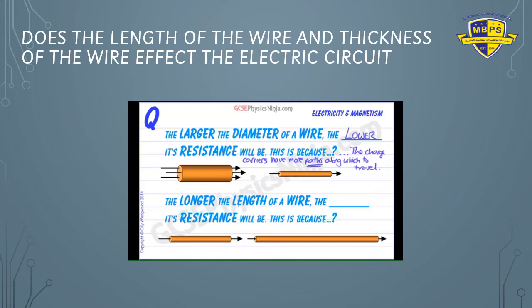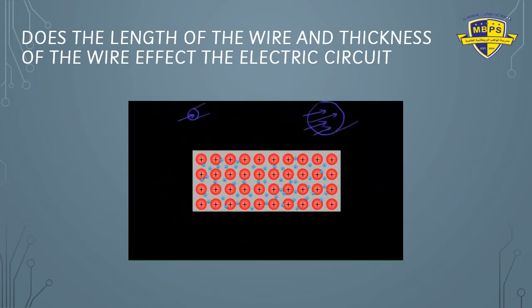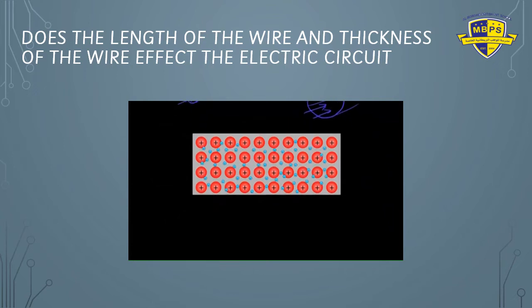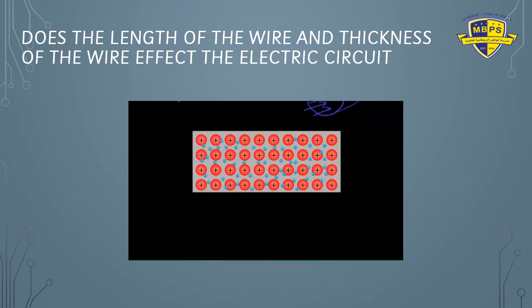What about if you make the wire longer? The longer the length of a wire, then the greater the wire's resistance will be. Now, why is that? To understand this, we need to take a look at what's going on inside a wire, a metal wire. Now, the structure of metal is a lattice